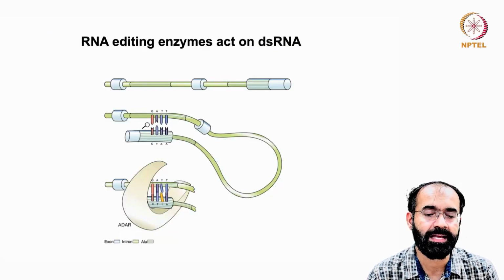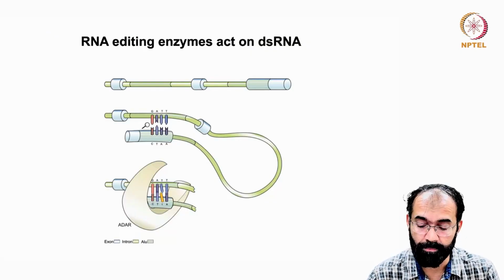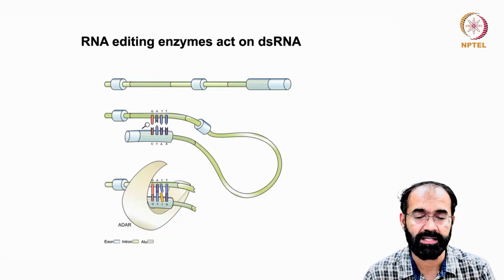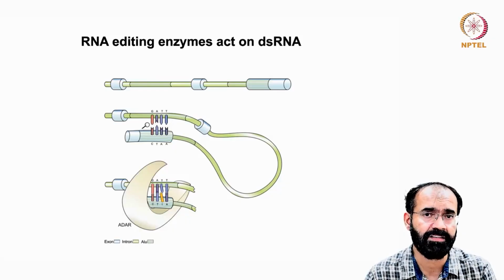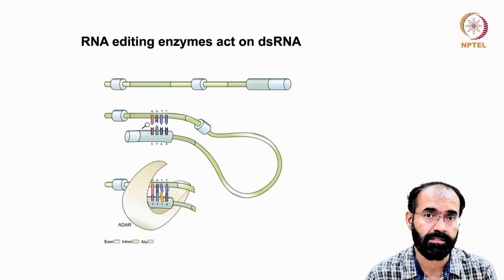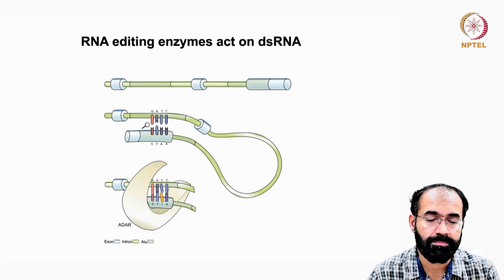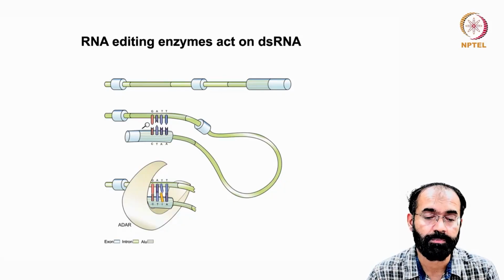So RNA editing enzymes can act on double stranded RNA. Double stranded RNA basically means secondary structure. Don't think that it is extensively double stranded like the DNA double helix. It doesn't happen like that. So RNA modifying or editing enzymes always look for a specific double stranded RNA part, as